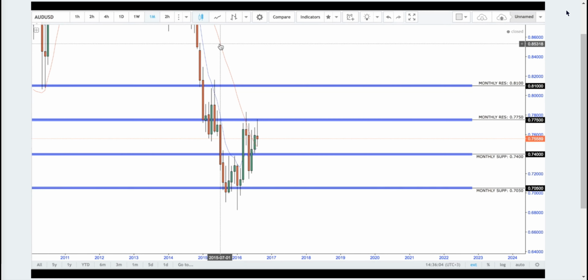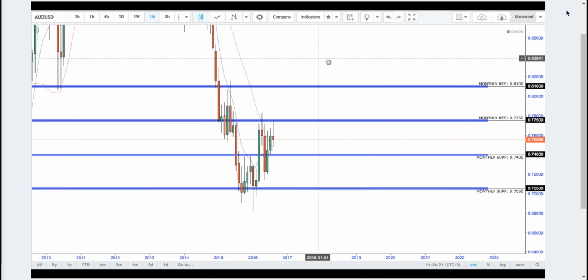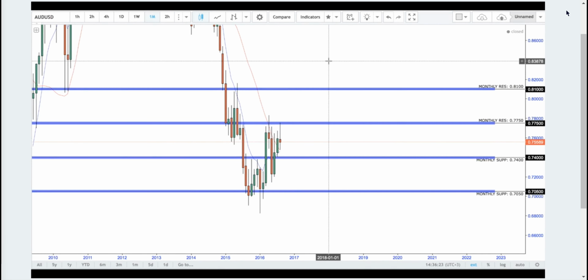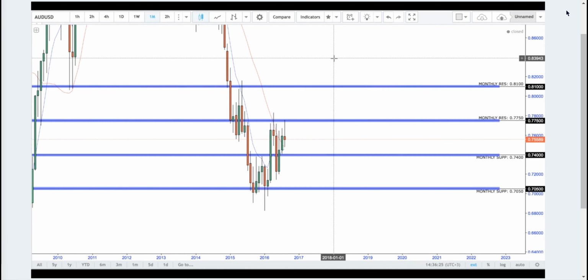We don't draw it on the 1 minute, 5 minute, 15 minute, the hourly, the 2 hour. We want to go from the spectrum, monthly, weekly, daily, 4 hour. That's it. This is where the big guys are looking. This is where the price is bouncing from on a higher perspective, and this is where you're going to find the most accuracy. What we're now going to do, we're going to jump down to the weekly time frame in